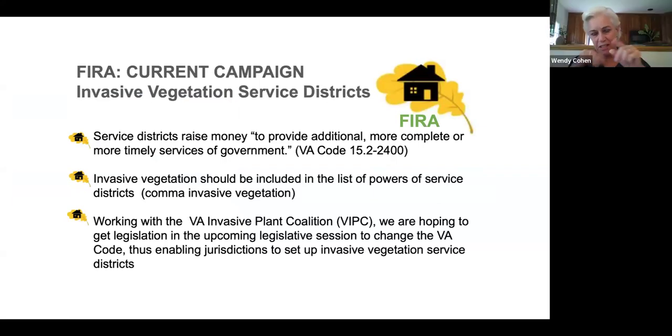Sure. So I'll start, before I get to our current campaign, I want to talk about one of the things that I think we've been very successful in, which is developing positive relationships with our Board of Supervisors and county officials. Not only do we constantly remind them to recognize that invasive vegetation is a real problem worthy of their consideration among the myriad of other problems they deal with, but also we push them to want to take action. And they see FERA and all the other organizations that are working on this issue, and their constituents, doing some pushing,